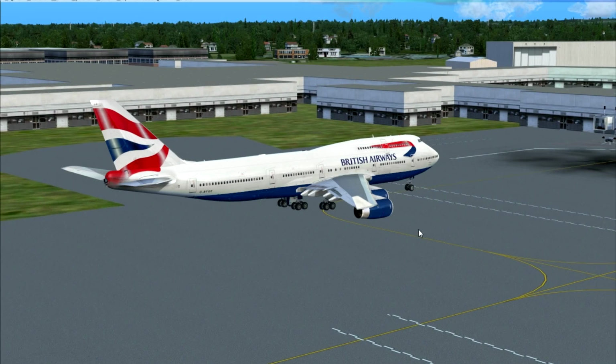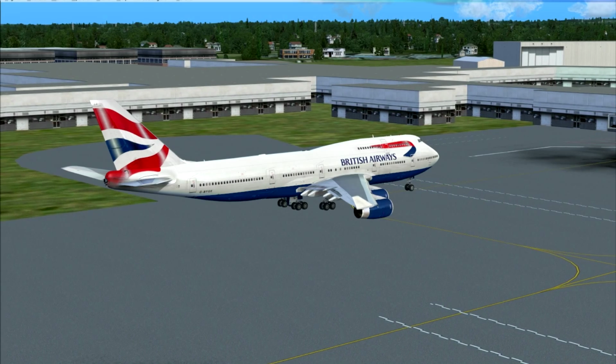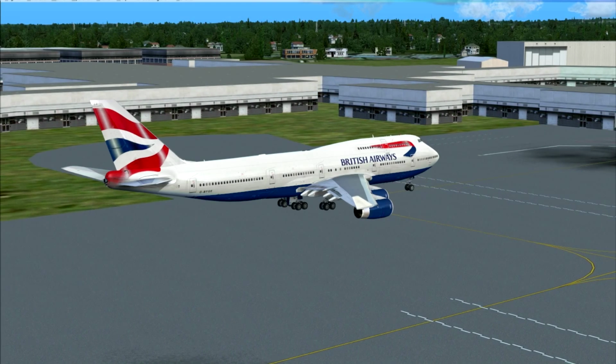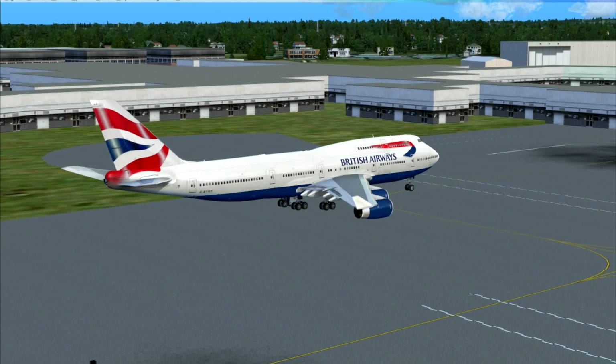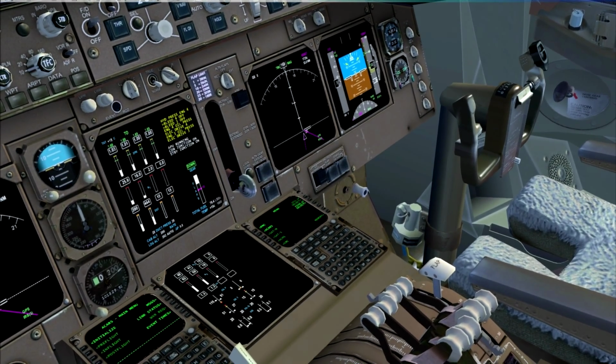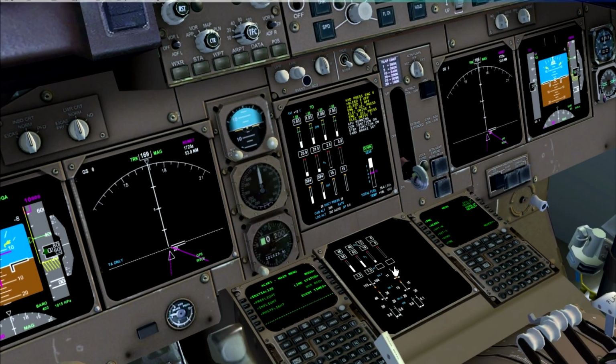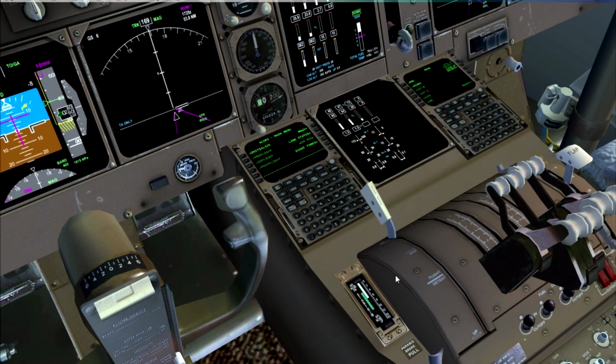Sorry for that. Those, I don't know what you would call them, those graphical glitches. They're just because of the multiple programs that are running at the same time on my machine. So here come the flaps. We can stop here. This is enough room to turn around. And what we'll do is we'll get our parking brake on,